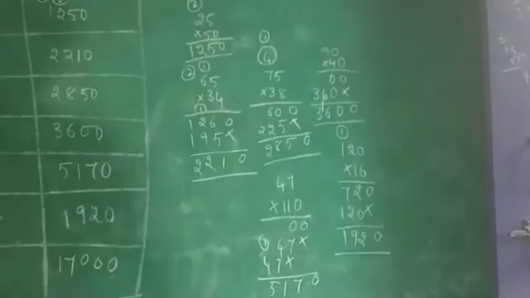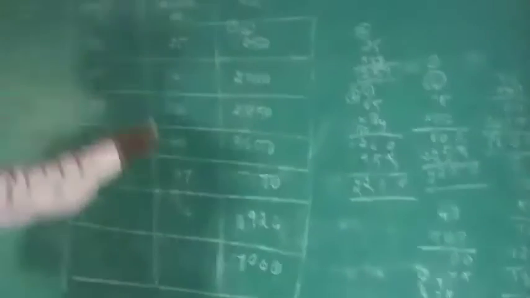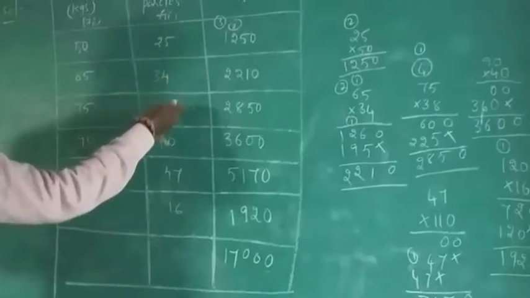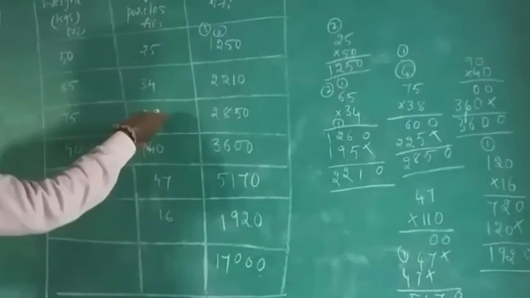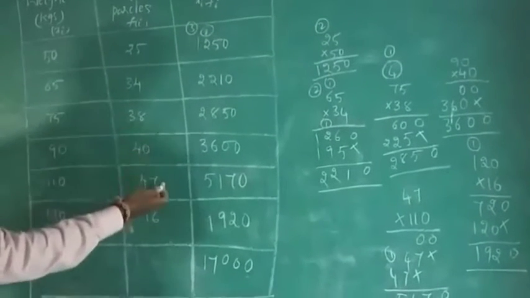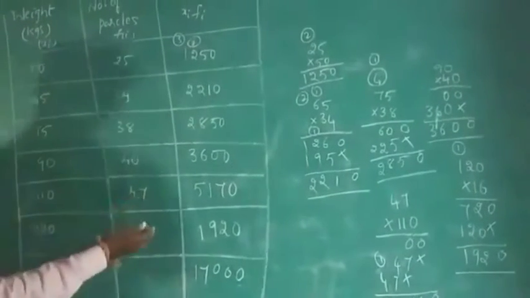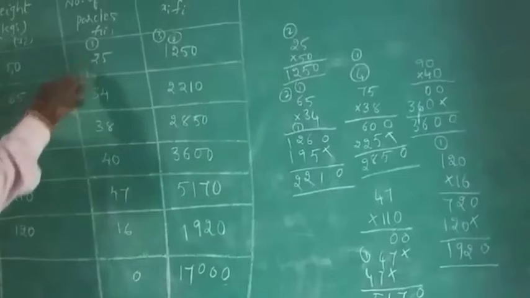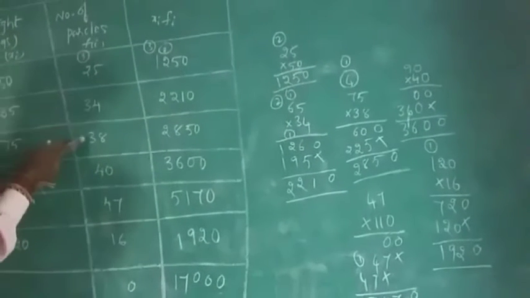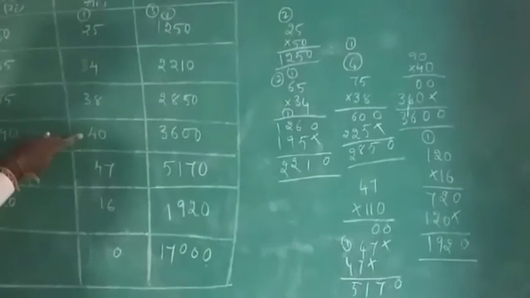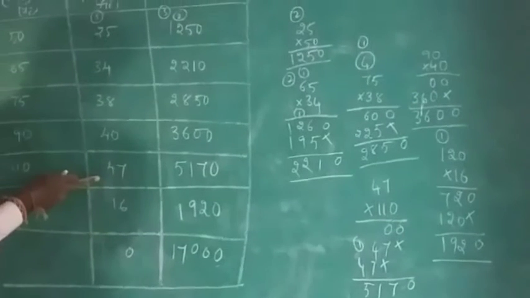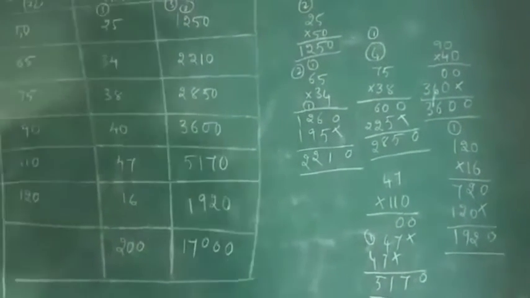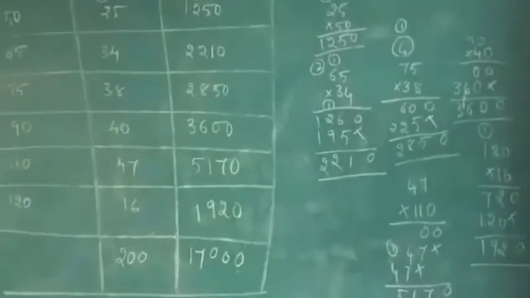The sum is 17,000. This is also what we need to add. 5 plus 4 is 9, 9 plus 8 is 17, 17 plus 17, 24, 24 plus 6 is 30. 3 plus 2 is 5, 5 plus 8, 8 plus 3 is 11, 11 plus 5, 15, 15 plus 4 is 19, 19 plus 2. Right? Concentrate on that clearly.